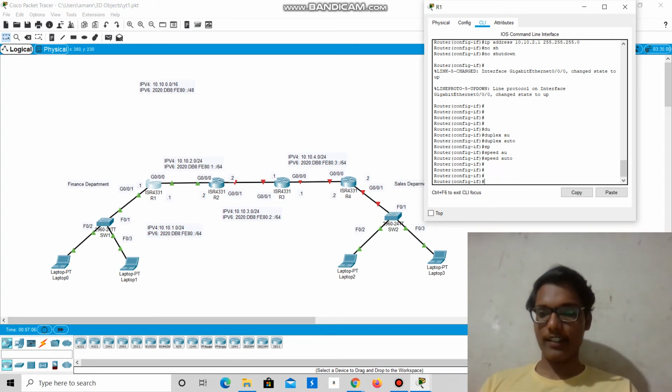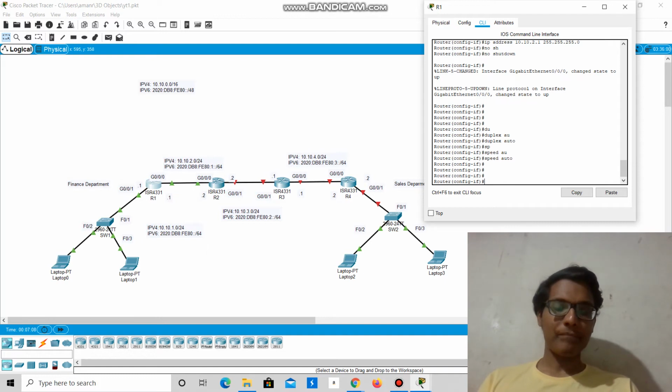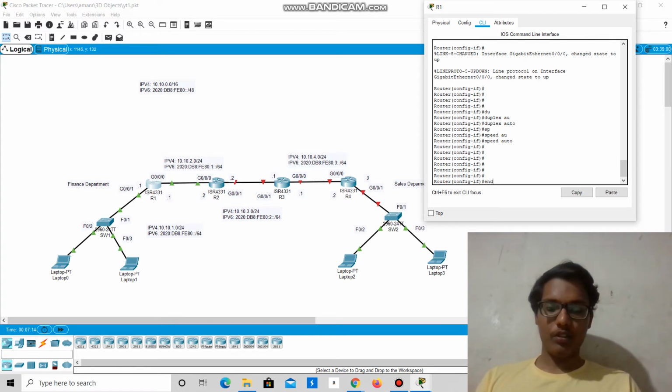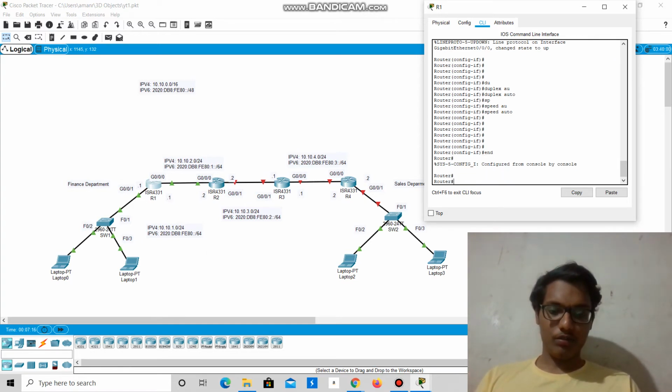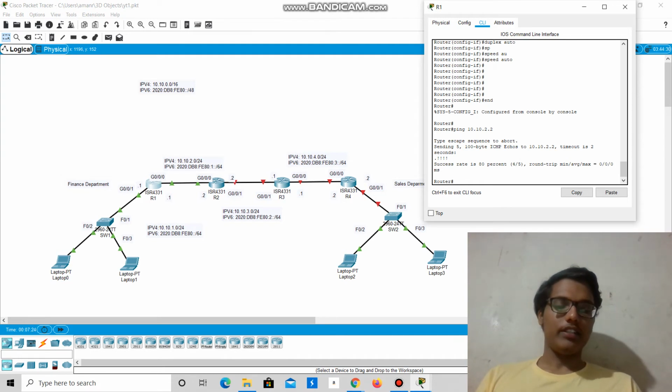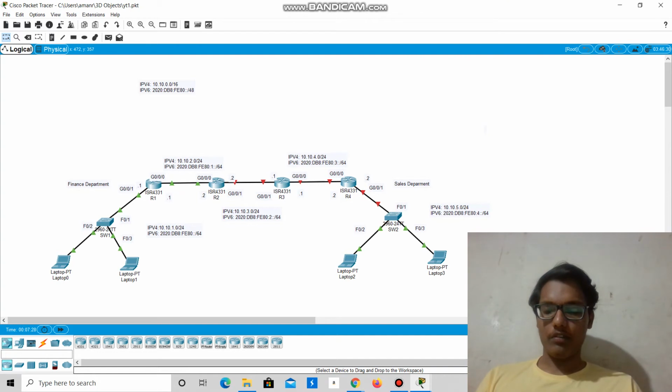Now you can see that the link between R1 and R2 has gone up. The green signal means the link is up. If you want to check the connectivity, you can ping R2 at 10.10.2.2. Yes, it succeeded, success rate 80%, 4 out of 5. So the link between R1 and R2 is configured.